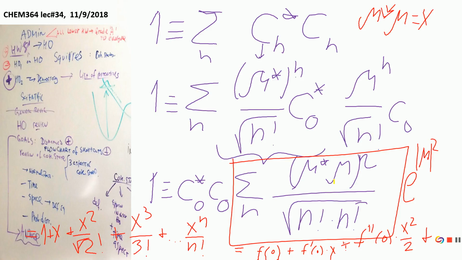Good, it's absolutely correct. And what can we do with the summation in the box? We need to sum an infinite number of terms, where the numerator is mu squared times n, mu to the power n, and the denominator is n factorial times n factorial square root. By the way, n factorial times n factorial square root will be what?